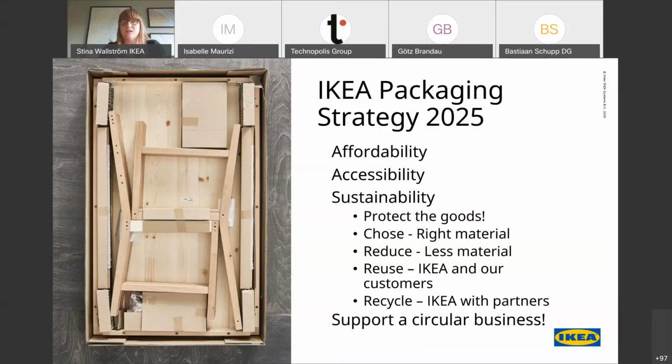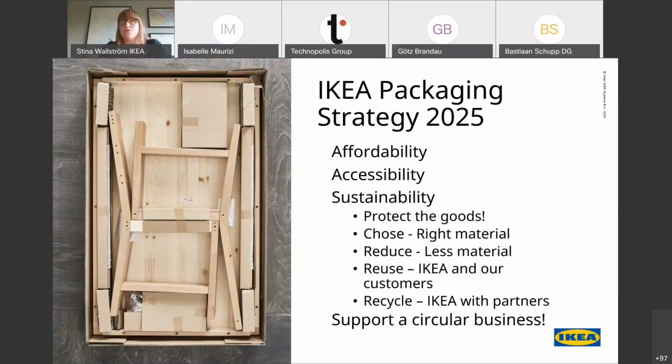We cannot say that we should phase out this particular material, that's the most important, or we should only use reusable material. We need to make sure that we're always using the most sustainable packaging solution available, taking everything into account. And first and foremost, the packaging needs to protect the goods.